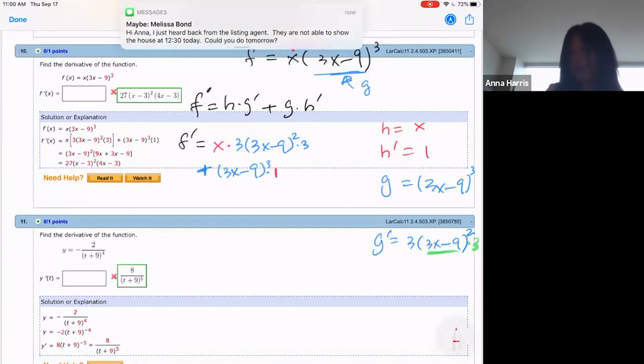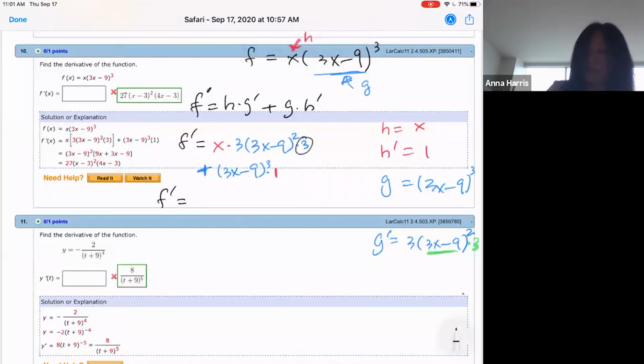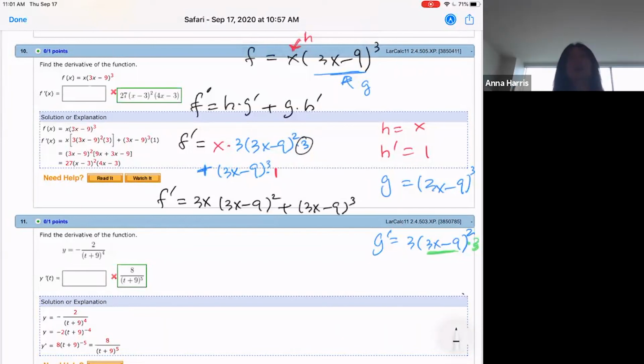So we're pretty much done. This is a simple problem actually, compared to a lot of other problems. I'm going to combine the 3 in the front, so it'll be 3x times (3x minus 9) squared plus (3x minus 9) cubed. So I'm done, but if